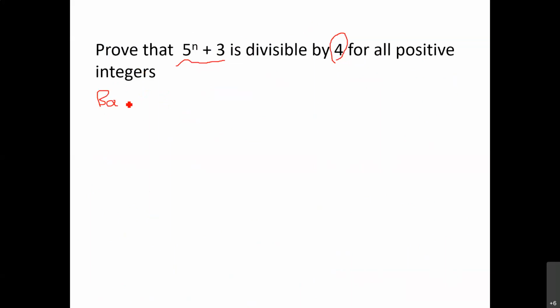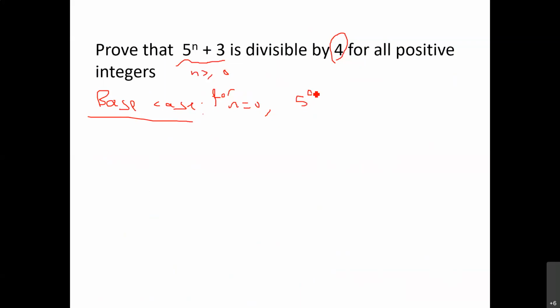So step 1 is our base case. We want to prove that this is true for all positive integers. So for all n greater than or equal to 0. Well, let's try a case. N is 0. What happens then? So you say for n is 0,